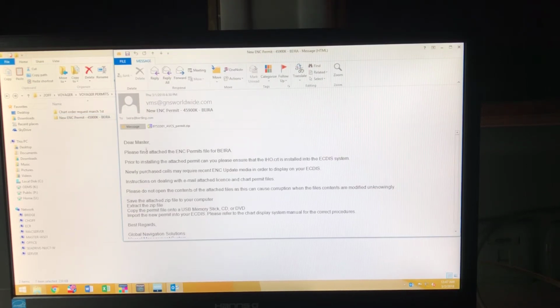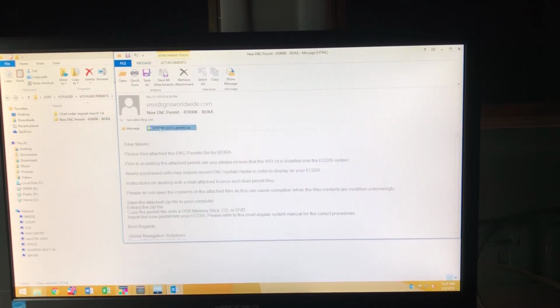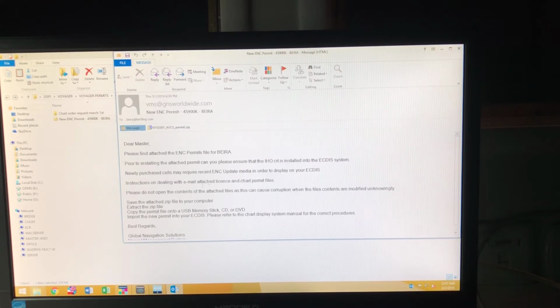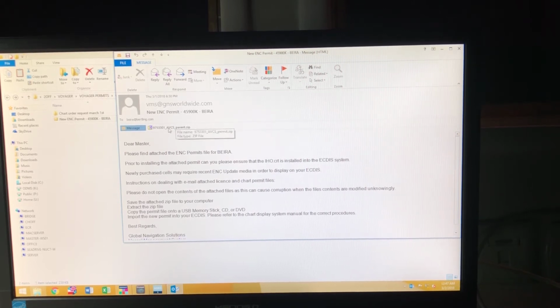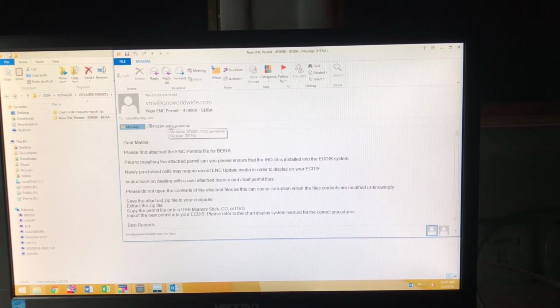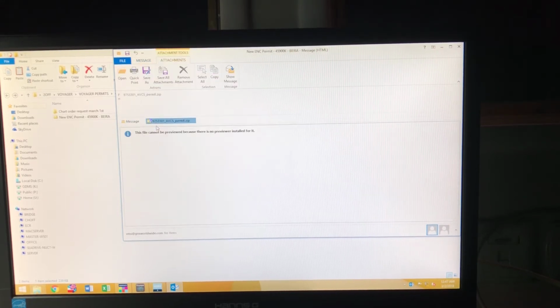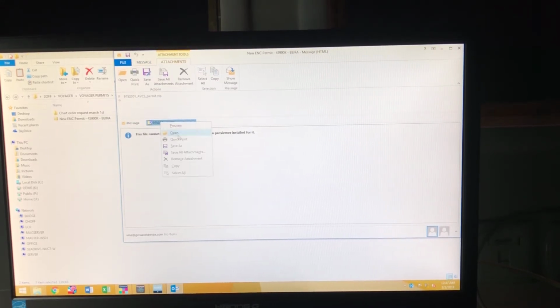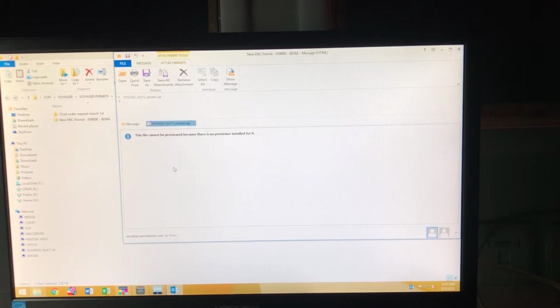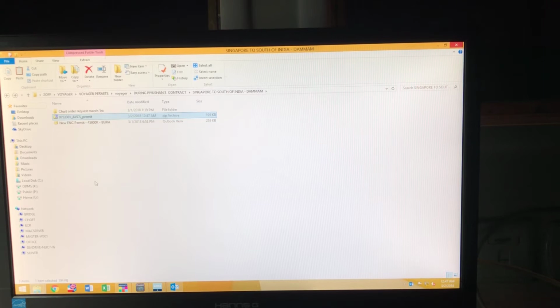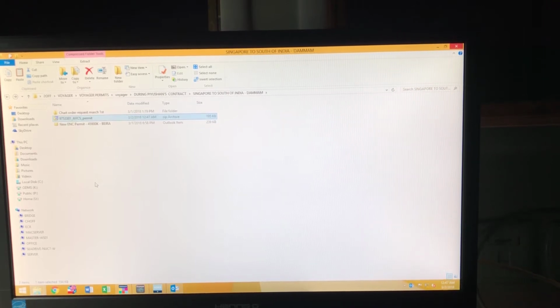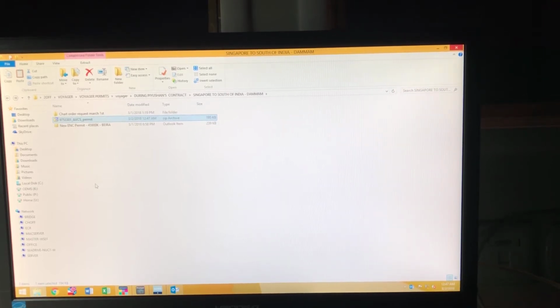You open it and you click this zip file. The message says do not open this, we have to extract and get it, otherwise the files inside, if you directly open, will be corrupted. So don't ever double click and open. First you copy this file to the desired location where you normally save,